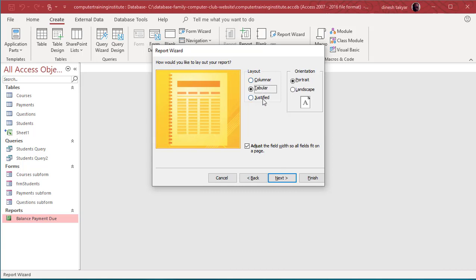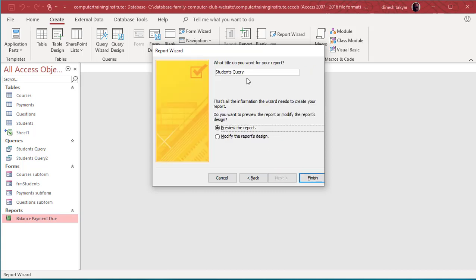You can select columnar and justified, but we'll keep the default method here, and we will take the orientation of the page as portrait, and we will keep this checked, adjust the field width so all fields fit on a page. We'll go to next, and this is our report, so we will say balance due report 2, and we will preview the report. We'll click on finish.